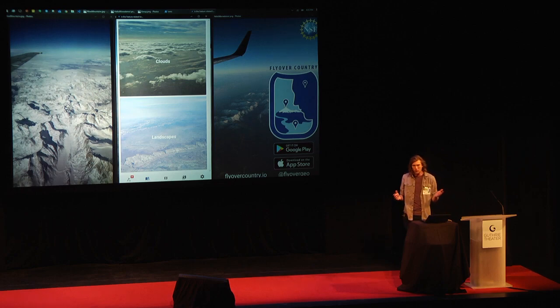So moving forward, we have a lot of ideas of what we can do with this. We're working towards getting augmented reality into this, so you could point it out the window to aim down, like a sky map, but reversed down towards the ground. And we're starting this company called Flyover Country, Inc., and we're going to try to get this kind of information about this experience of flying up into airplane seatbacks and into in-flight entertainment systems, because that would be pretty cool, we think. So we're working on starting that process.